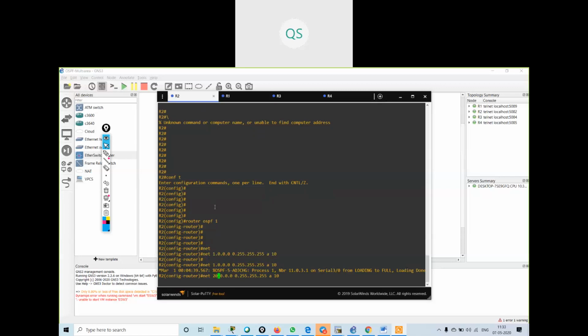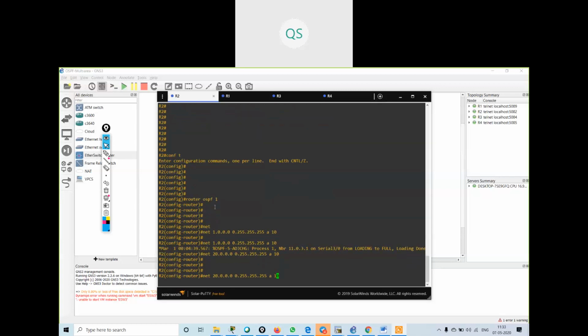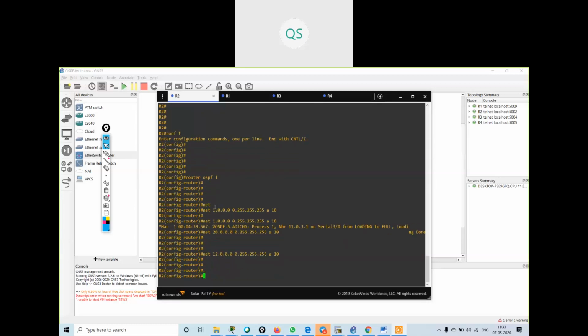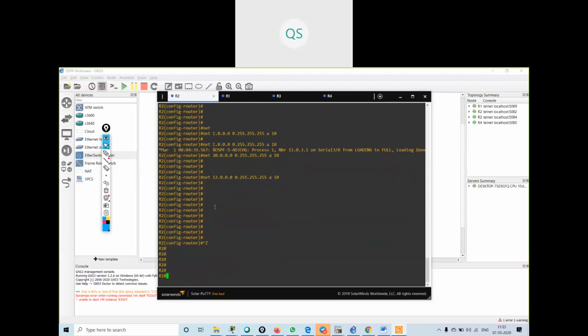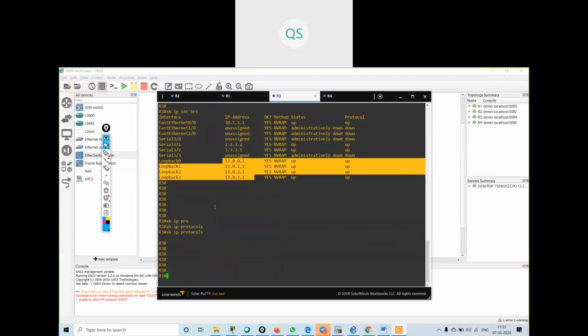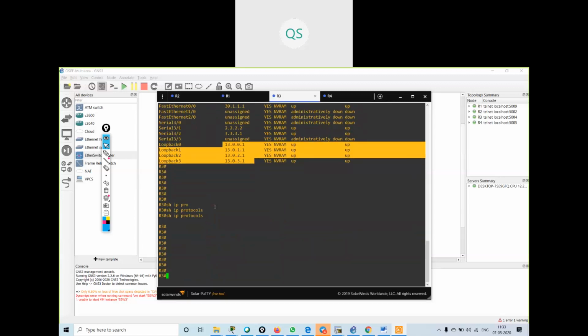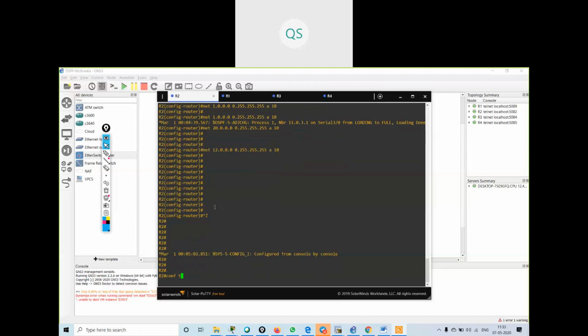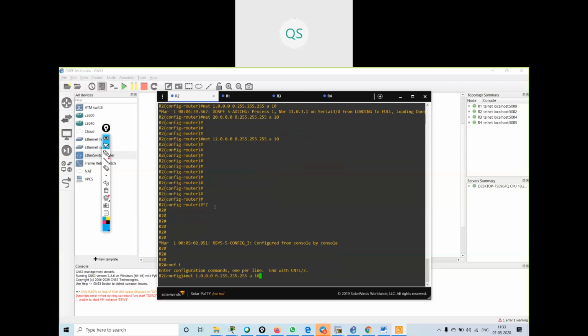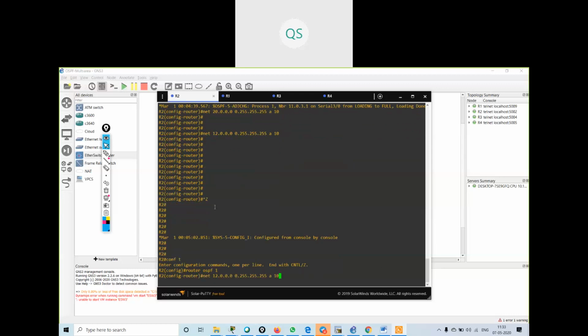Okay, 11 dot network, 1 dot network, 20 dot network, and 12 dot network. Sorry, I have forgotten 2 dot network over here. I will configure 2 dot network also over here.